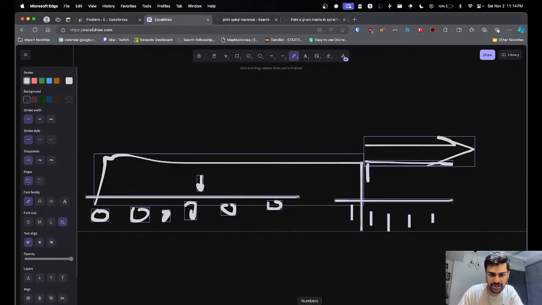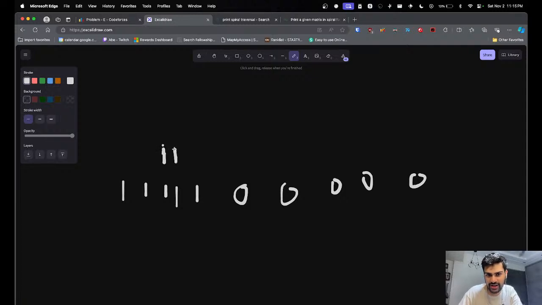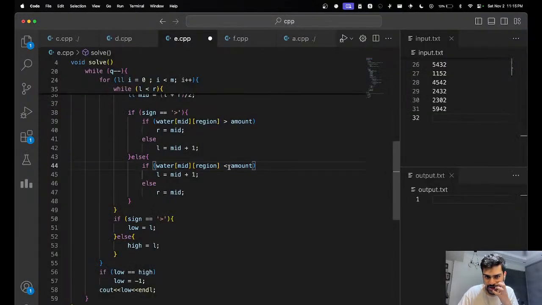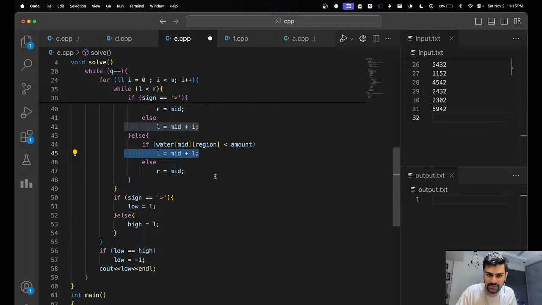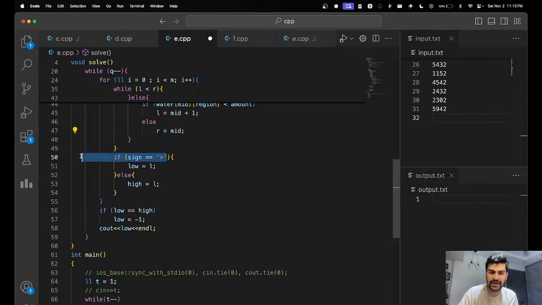In the opposite case, the space becomes like this. And now if I'm here and if it is valid, I need to check over here. And if I'm here, I need to check over here. So that's it. If my amount is lesser, then you do L equals mid plus 1, or else you do R equals mid. Now, if my sign is greater,